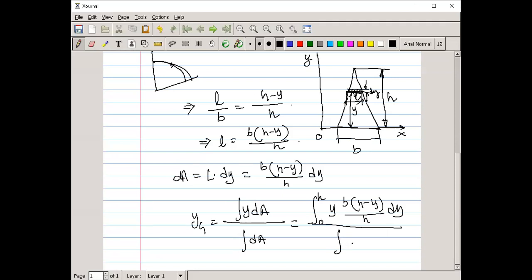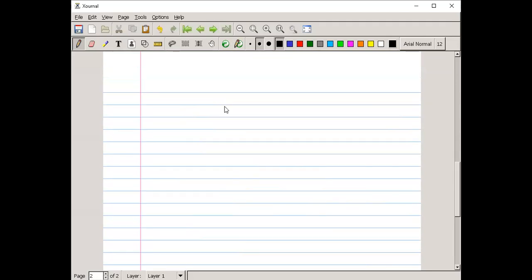Integration of dA is b times h minus y by h dy. Clear? So after integration, what we find? We simply get yg is equal to h by